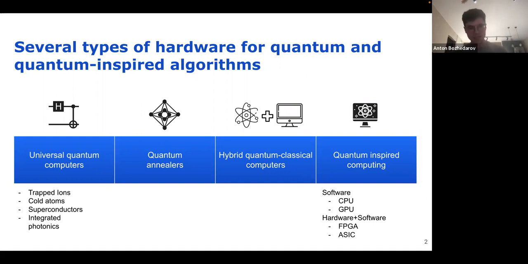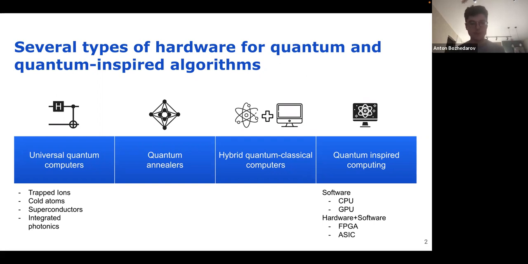Should we use them for any problems? Of course not, but for some computational problems, universal quantum computers will provide a computational advantage in comparison with classical tools. Universal quantum computers could be based on different physical platforms like ion traps, photons, superconductors, and so on. Some of them are very good, some not very good, but nobody understands exactly how to build a quantum computer on which physical platform.